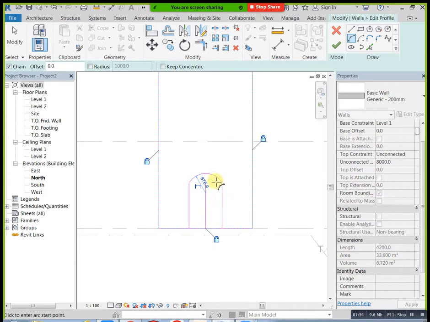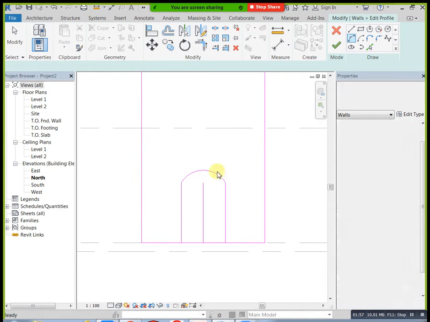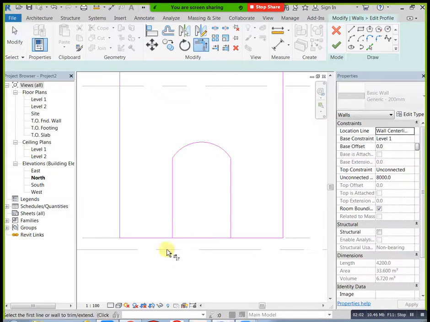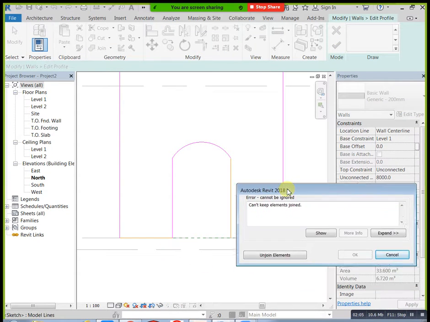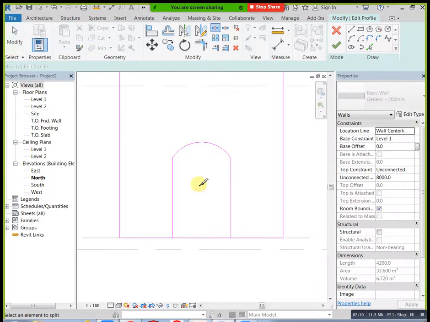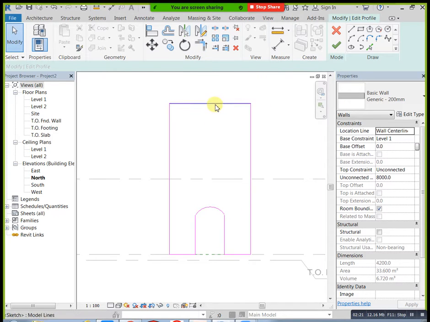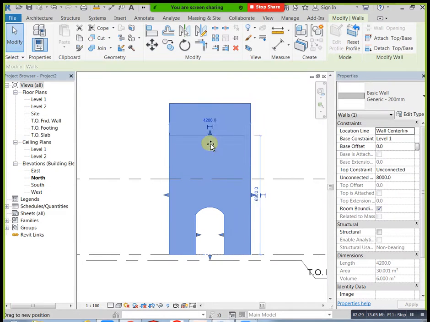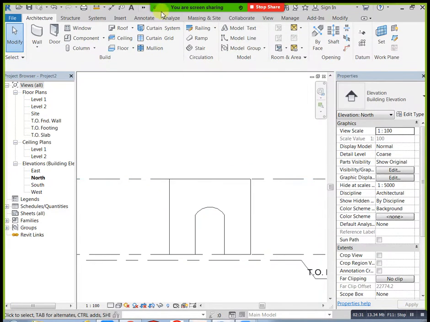See, here we have radius. If you need to edit this, you can edit. After that, here we have combined line. Automatically one error came. Just you can see, can't keep elements joined. In that condition, what you do means, first of all you split this, divide into two lines. Next you can use this one, easily arrange. And if you need, you can decrease this also up to here, but we need to change here. Now you can decrease up to here. See, this is our arch. Now clear?